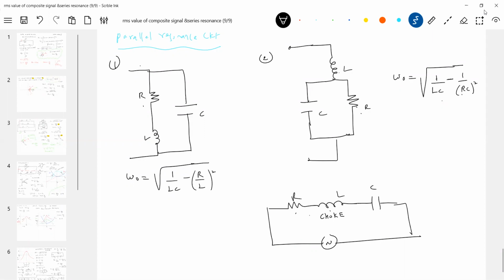Tell me, to get the quality factor very high, what is the formula? Omega naught L by R. For very high quality factor, what should be the value of R? R should be very small. I'll make it smaller so that you'll understand what is the meaning of it. Tell me, for resonance, what is the resonance frequency? It just depends on